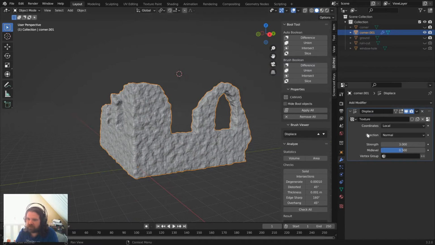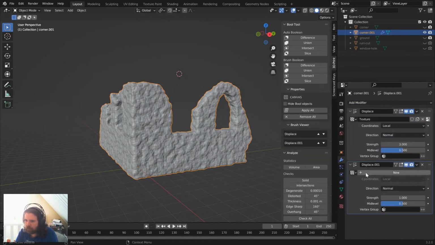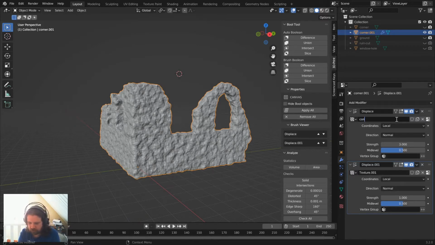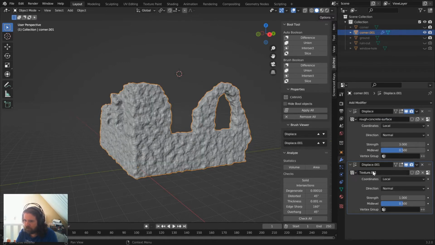Where it hits the other wall. So I will add another displace and a new texture. Rough concrete surface, that's the other one, and